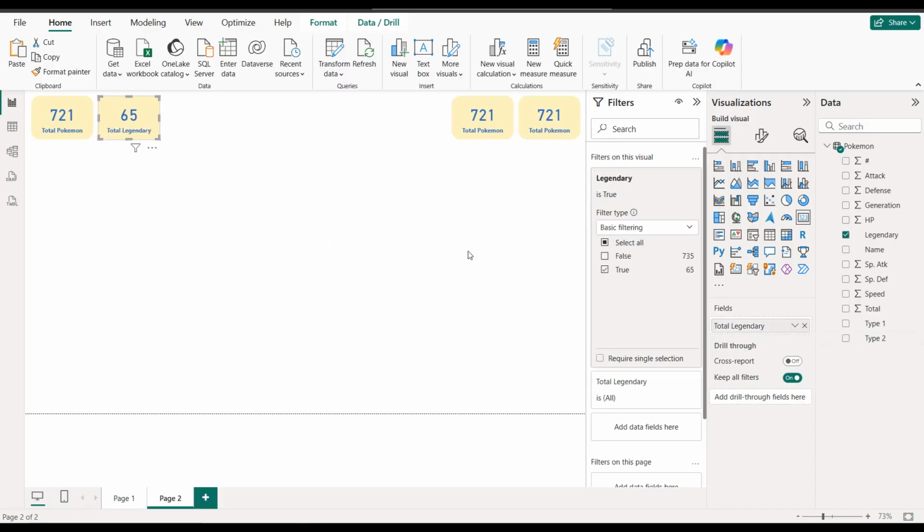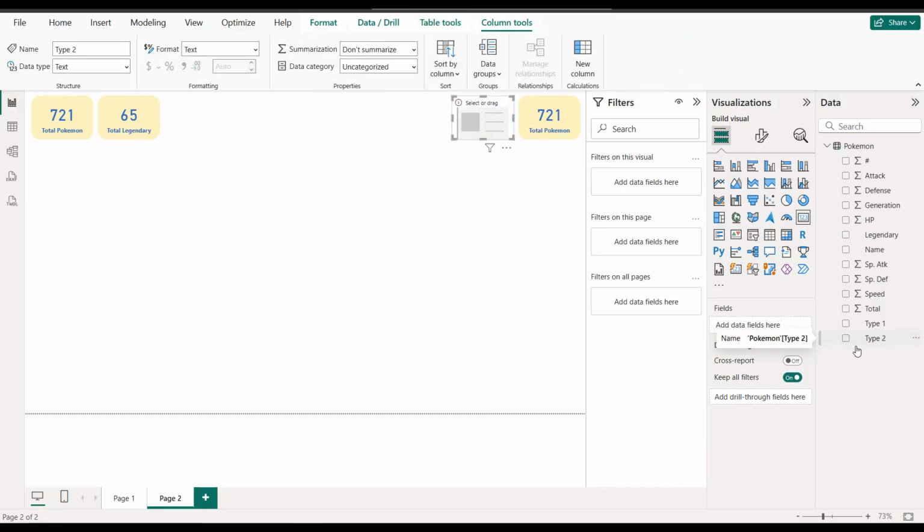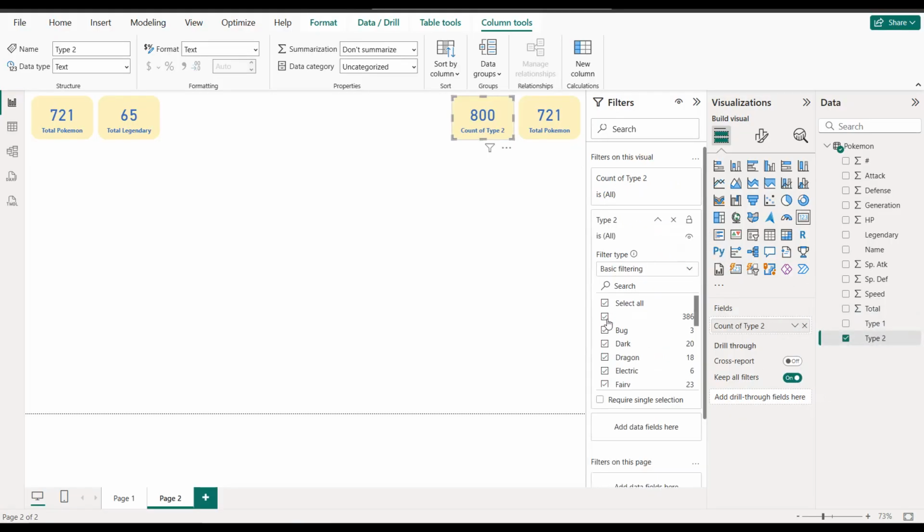Okay, here we have dual type, so where type 1 and type 2, which means type 2 is different than null, right? Basically we put here count, where type 2 is different than null, right? So we have here dual type,